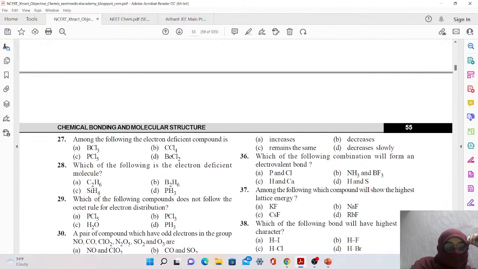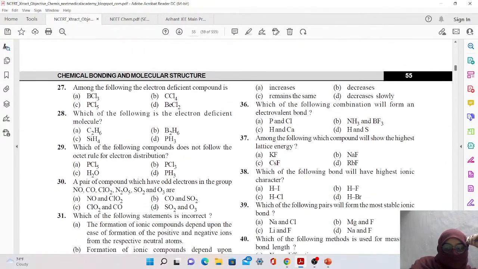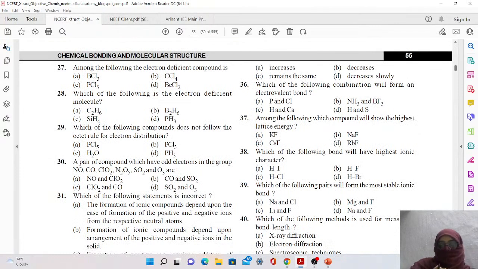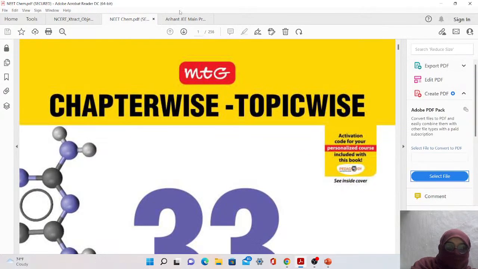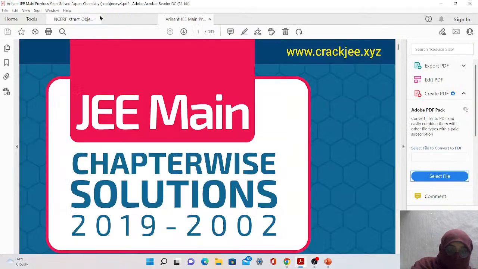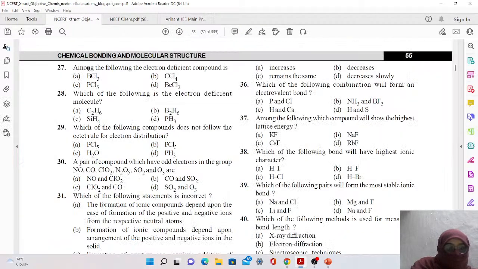Let's do the 27th one. We'll do it faster now, because I'll just give a short explanation for the answers, since I already discussed this. I was even thinking of starting the questions which have been asked in JEE Mains and NEET. Let's do it fast. Among the following,